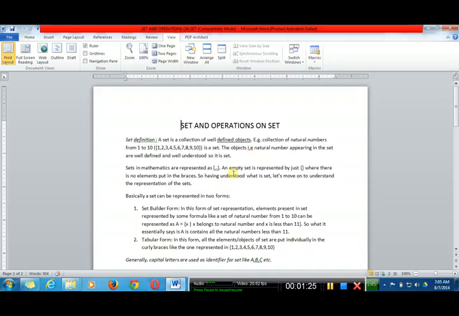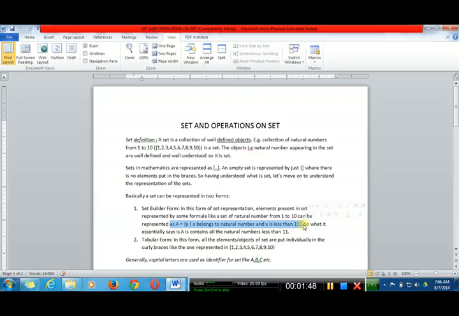There are two ways to represent the elements in the curly braces. One is set builder form. We call that set builder form because we build the set through some formula. For example, look at this: A equals curly braces x, where x belongs to natural numbers and x is less than 10.